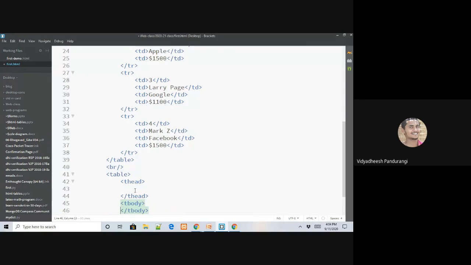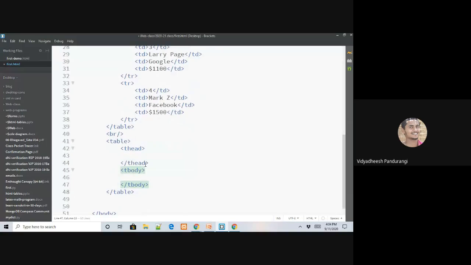Okay, yeah. So T body. I hope you are aware about T head and T body. T head is where I add the header of my table, and T body is where I add all my content of the table. Okay, that is just 2 different sets of tags that we will use just to differentiate between the header section and the body section of the table. As we regularly do it with HTML, in that I have head and body section. On similar lines, we also have it for table also.